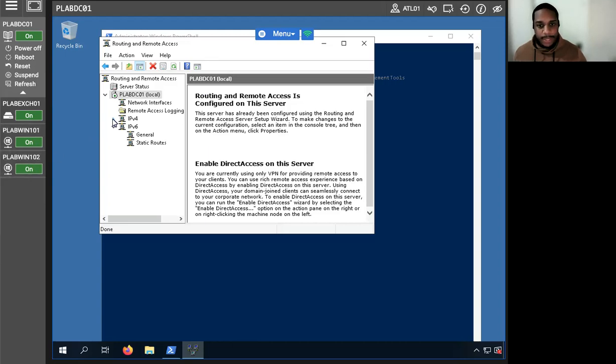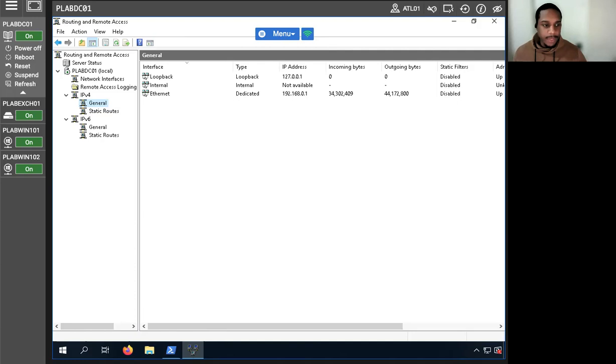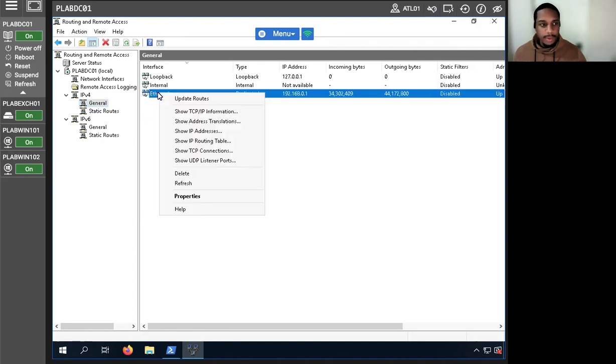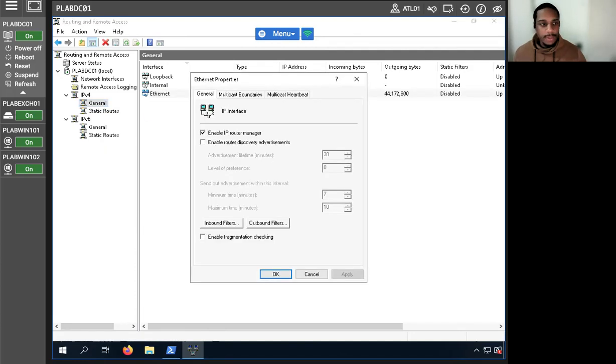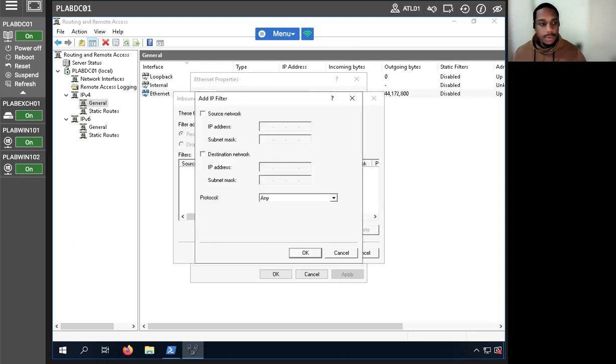So we're just going to expand the IPv4 and the protocol version 4. I'm going to click on general here. Then let me open this up so I can see everything. Then we're going to right click Ethernet and go to properties. All right, and then we're going to go to inbound filters. All right, then new. We want everything new, and then for our, let's see,